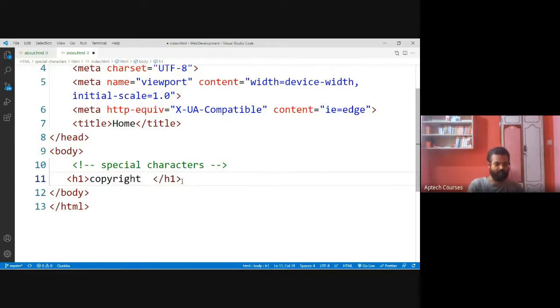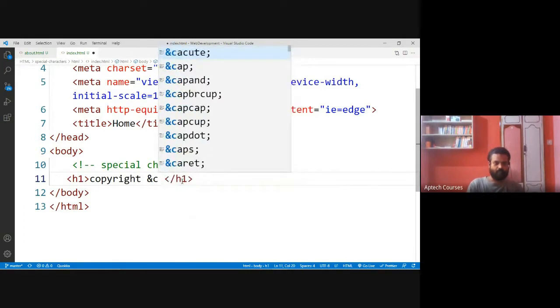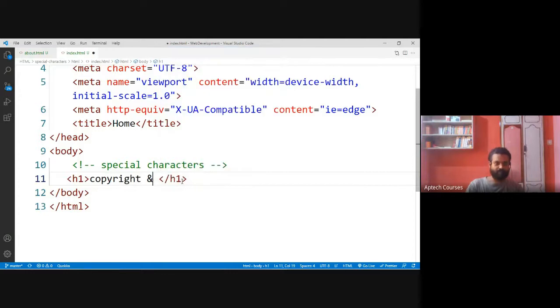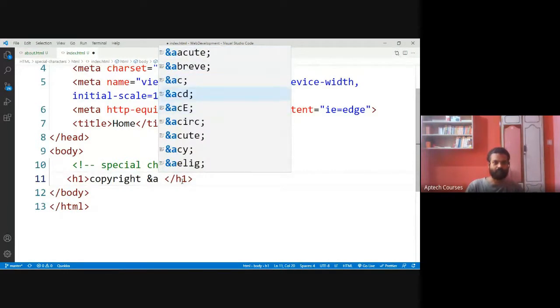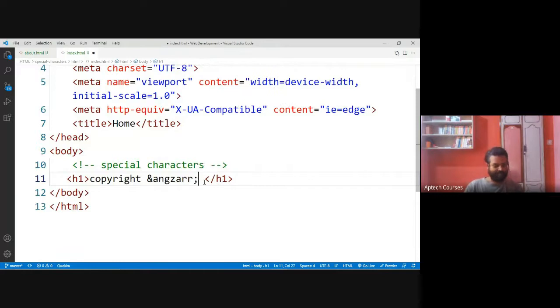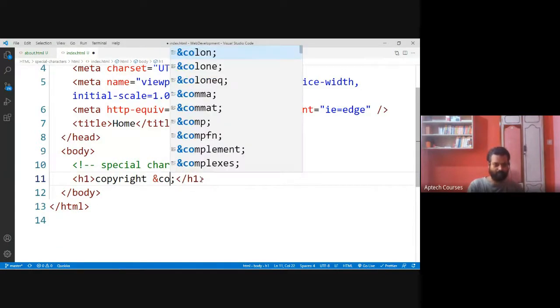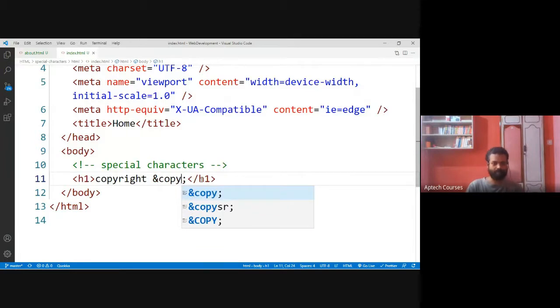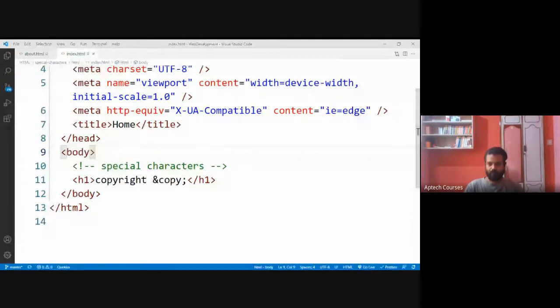In case of copyright, it is copy. Likewise, we have so many characters. Some random character I'm picking. First, let me show copyright. Ampersand copy. So go live.